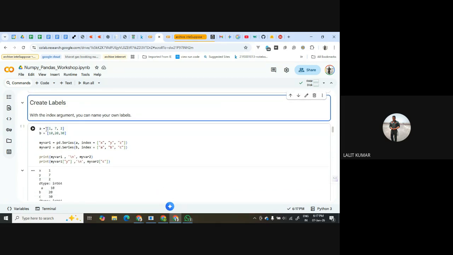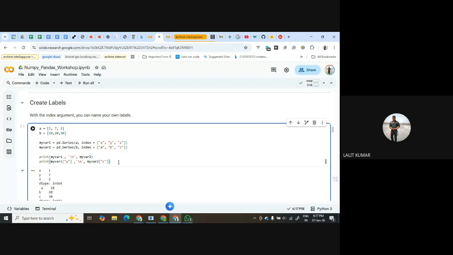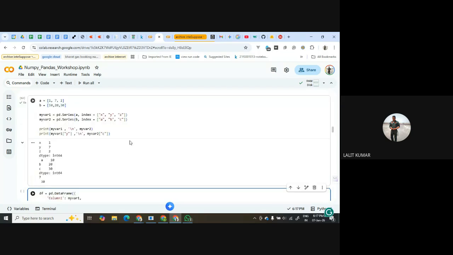I will give a demonstration for this. We have two lists, one is 1, 7, 2 and another is 10, 20, 30. I built a series for each, and in both I pass an index. For the first I pass X, Y, Z, and for the second I pass A, B, C. Let's see what my var1 and my var2 are. For my var1 we have index XYZ, so 1, 7, 2 has come.